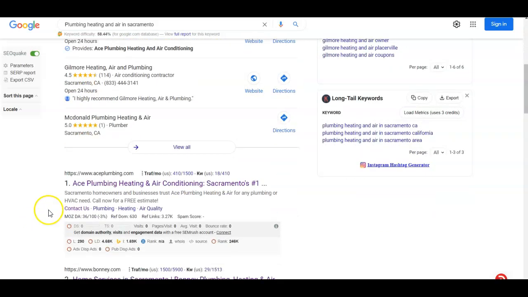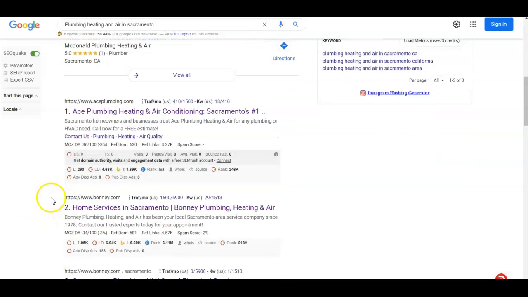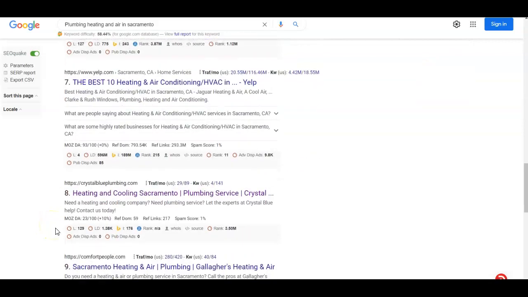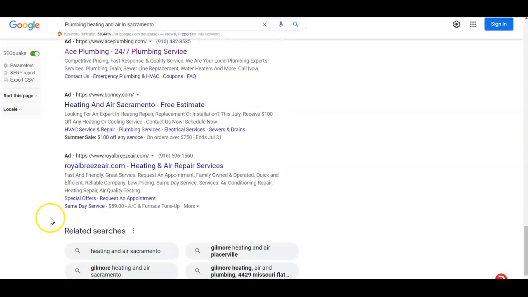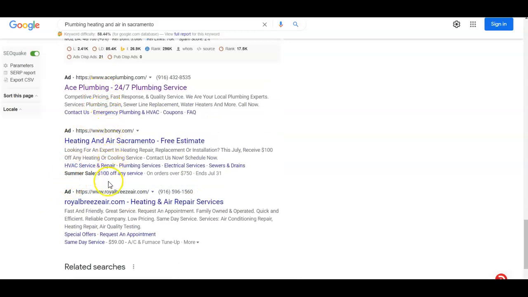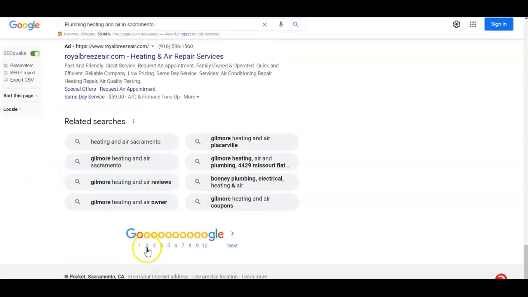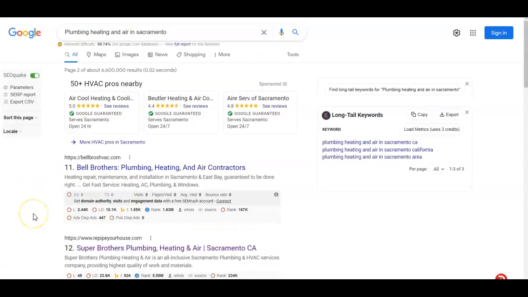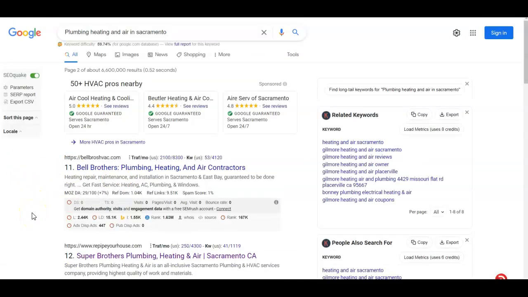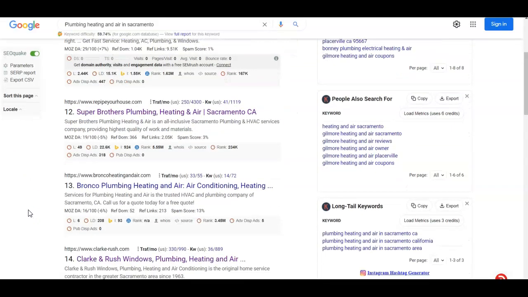The next would be the organic search. So I'm showing that Ace Plumbing and Bonnie Plumbing are coming in as 1 and 2. So these would be your top two competitors. I was able to find your company on the second page. And I do just want to point out, before we get to the second page, that there are paid ads that these companies are using. Now, not all ads are going to be good. Sometimes people do have ad blockers up, and so they're not able to see those ads. So that's why it's so important to actually come up on the organic search. And this is where I found your company, number 13.